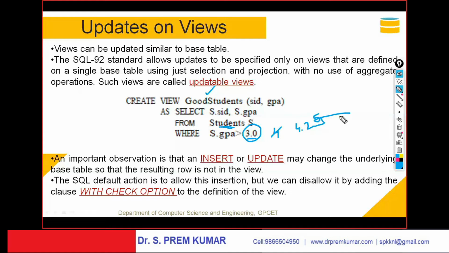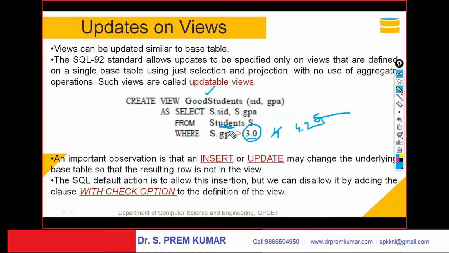Then I can update the view. I can modify the data through the view. When data is modified through the view, the modification affects the base table. Listen carefully. When data is updated in the view, the data of the base table gets updated, because the data is fetched from the base table into the view. If the view is updated, the base table is updated. If the base table is updated, the view is updated, vice versa.